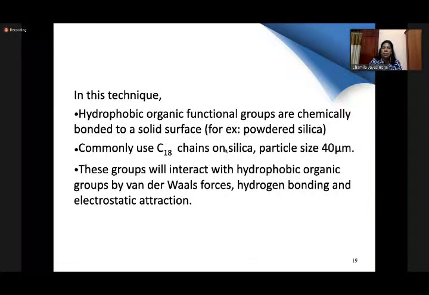Not the silica. These groups will interact with hydrophobic organic groups by van der Waals forces, hydrogen bonding, and electrostatic attraction. So how are these hydrophobic organic functional groups bonded with the carbon 18? By using van der Waals forces, hydrogen bonding, and electrostatic attraction. Again, hydrophobic organic functional groups are bonded to the carbon 18 chain, which is placed on the silica